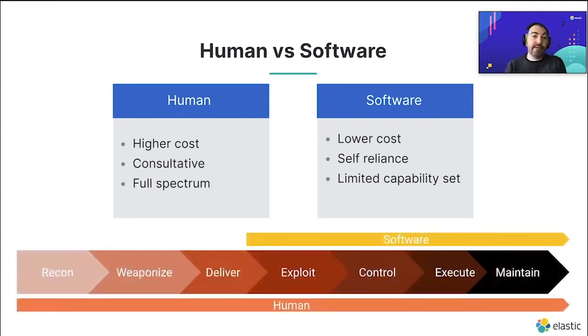And to map that out into MITRE ATT&CK's framework, I just wanted to show here, and you could argue this diagram, that you could potentially do delivery with software and weaponization recon. But I wanted to make sure that when you choose a human partner, they'll be able to do the full suite in one go, whereas with software, you're potentially getting different pieces of software to do individual components.